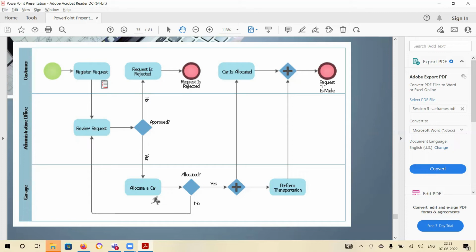Request, register request, review. This is more like a closed loop,